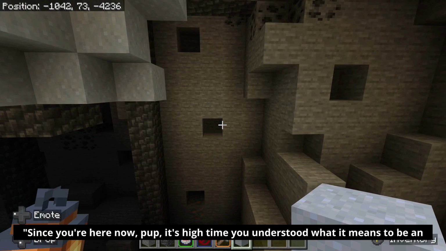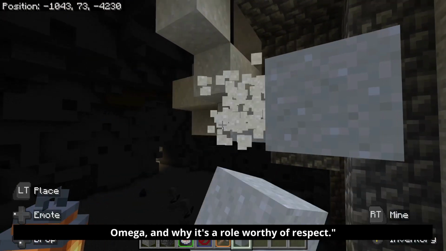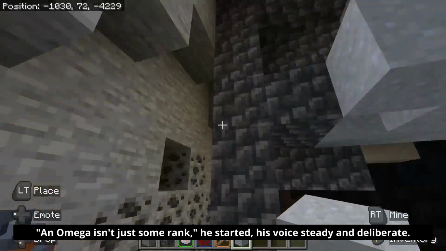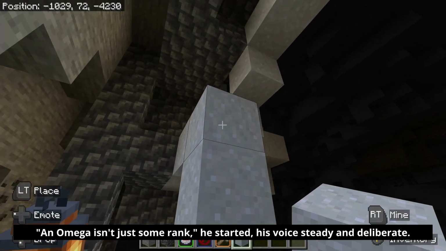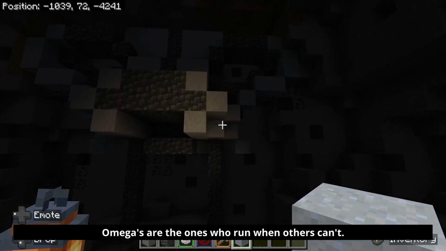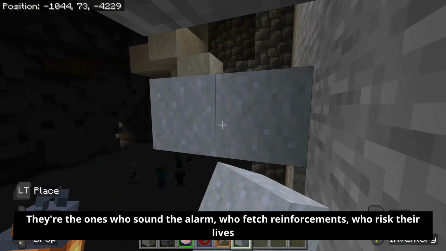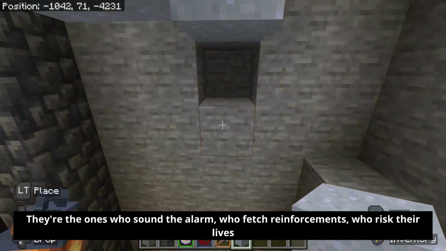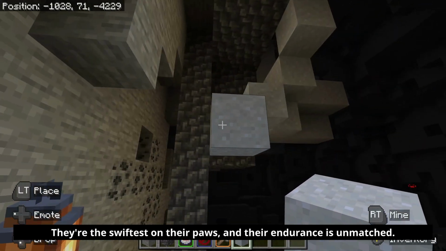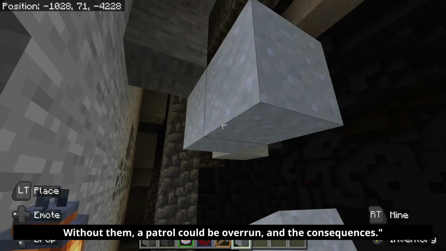"Since you're here now, pup, it's high time you understood what it means to be an Omega and why it's a role worthy of respect." I sat quietly, ears perked as Granite began his explanation. "An Omega isn't just some rank," he started, his voice steady and deliberate. "It's a lifeline. Omegas are the ones who run when others can't. While Alphas hold the line, it's the Omegas who ensure the survival of the pack. They're the ones who sound the alarm, who fetch reinforcements, who risk their lives to bring back help when the pack is outnumbered or overpowered. They're the swiftest on their paws, and their endurance is unmatched. Without them, a patrol could be overrun, and the consequences..."